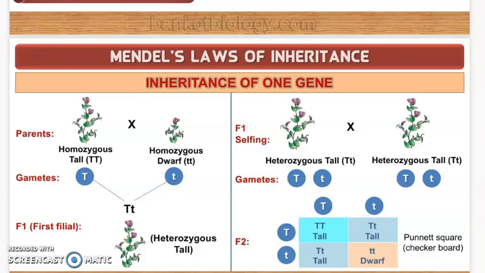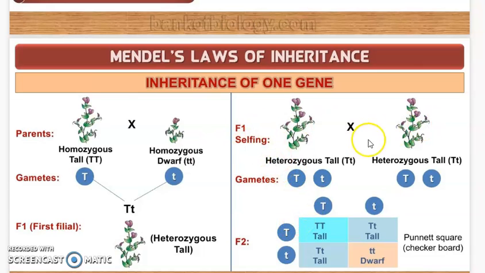And so what he did, he again self-pollinated these heterozygous tall. Why is it heterozygous? It is because now it has one allele from one parent and another allele from the other parent, right? So it has become now heterozygous organism, right? So these heterozygous tall plants were again self-pollinated. It means that the anther of the same plant is given to the flower of the same plant, right? So their genotypes will be same. So they will have capital T, small t.